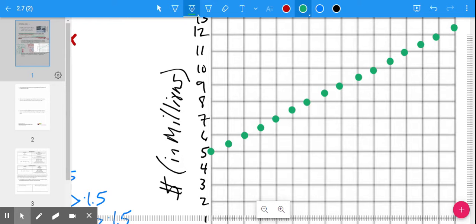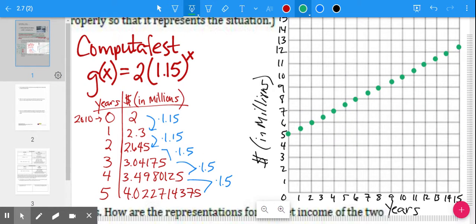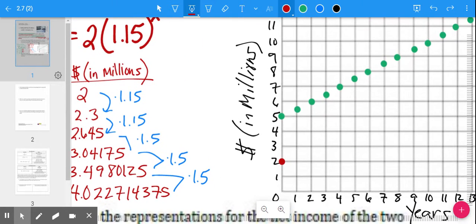So then we have ComputerFest, and we've got in year 0, they had 2. And then in year 1, they had 2.3, so a little bit above the 2. In year 2, they had 2.6, a little above half. Year 3 was slightly over 3, and then about 3.5, and then about 4. And if we continue on that path, we end up with